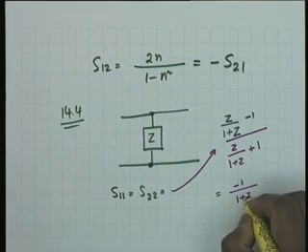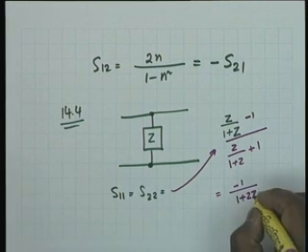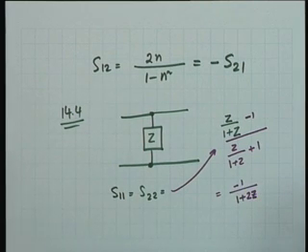Minus 1. Does it bother you? If it is 1 ohm, it is minus 1 divided by 2 plus 3. Okay. What about the